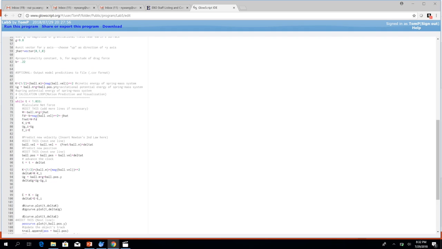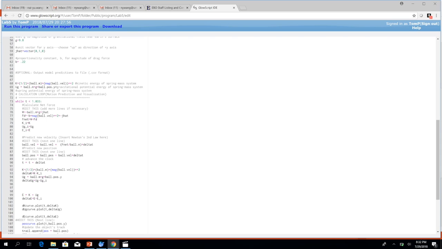The second part of the code is much more complicated. We know that g is equal to 9.8, and the j hat vector is in the y direction. We know that b is equal to 0.22 by running the code many times until the values were close to the ones in the tracker software. K and u are simply 1/2 mv squared and negative mgh. We also know that the time is less than 1.033 since that's the time that it took for the ball